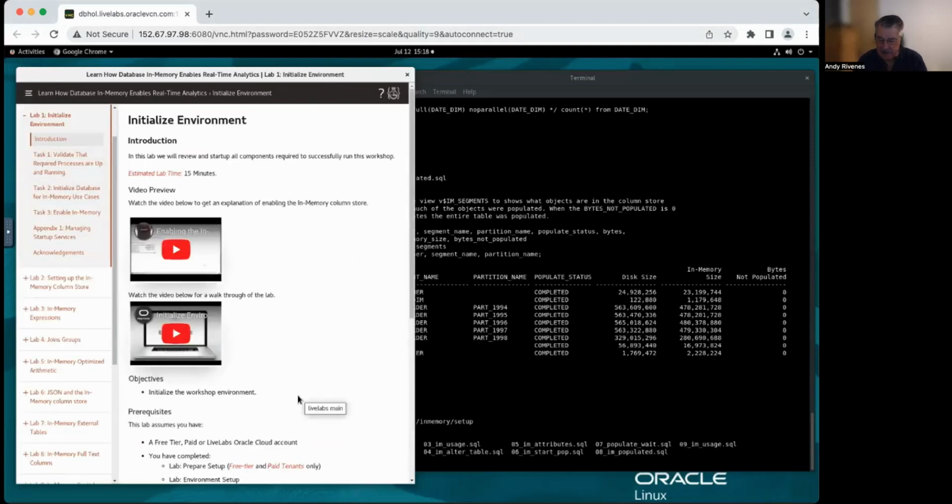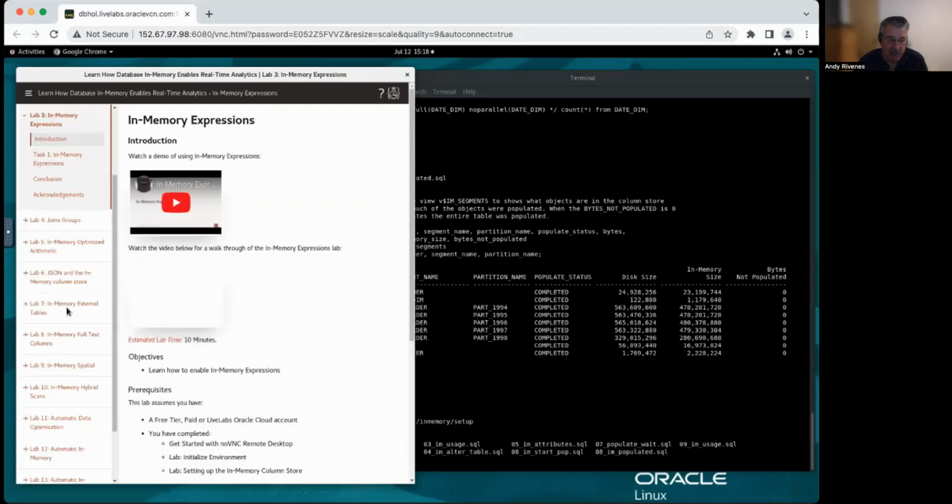Oh, one other thing I'm supposed to mention: if you get lost, I've created a walkthrough for each of the labs. This one's probably not a good example, maybe I'll go to the in-memory expressions, I'll come back. A walkthrough that I did of the lab. So if you get stuck anywhere in any of the labs, and this is true for the Boost Analytics as well, you can run this video and